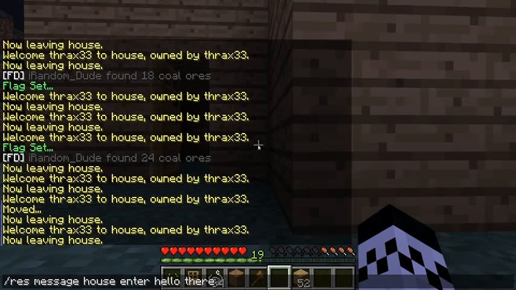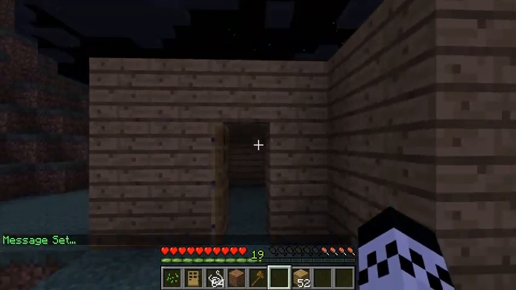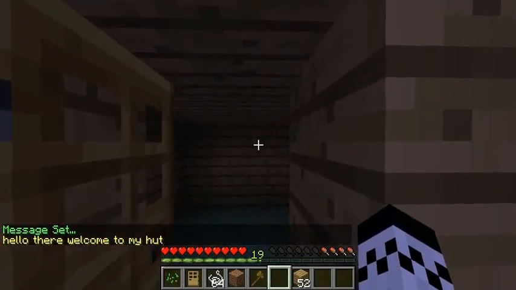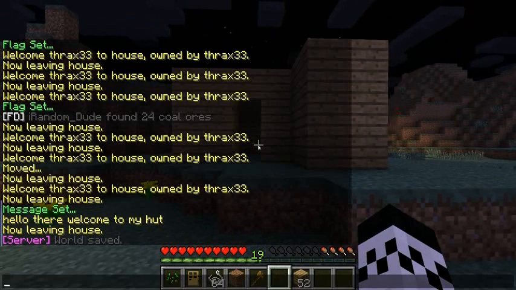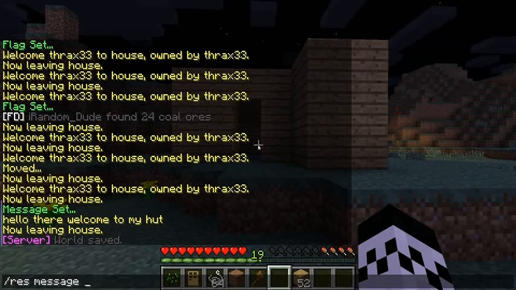Hello there. Welcome to my hut. I think that works. There we go. So the message is set. You come in here and it says, hello there, welcome to my hut. And as I leave, it'll say now leaving house, and you can also do the same, but you put in leave, so you can put, let's say, res message my house,